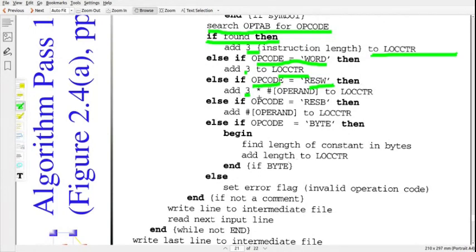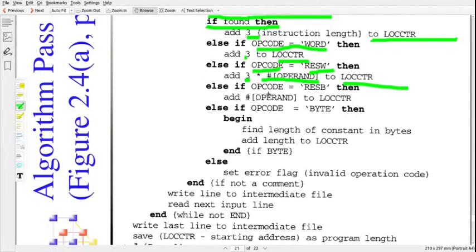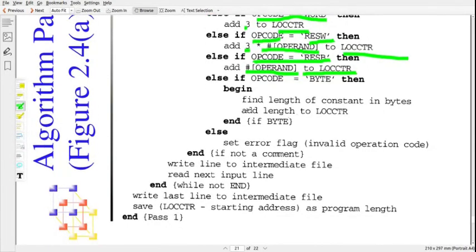That's why 3 into the content of the operand is added to the location counter. Else if opcode is equal to RESB, reserved byte, so here instead of word we are defining bytes. Then we have to add the operand. Suppose we write RESB 10, then 10 bytes, so 10 is added to the location counter. The location counter is increased by 10.